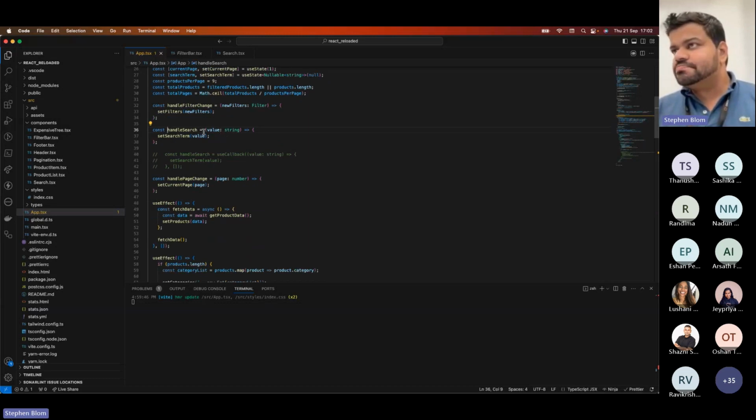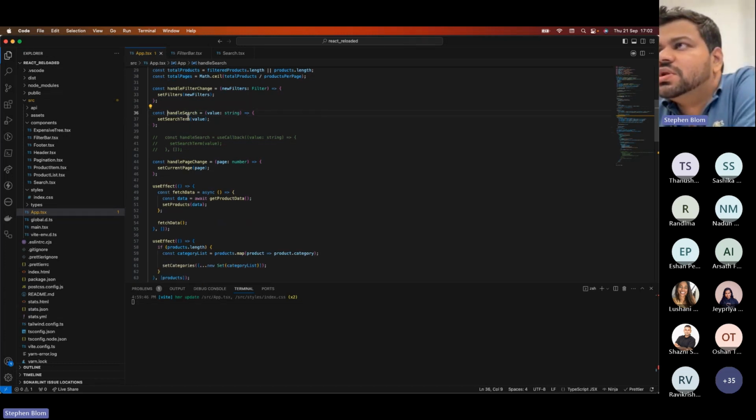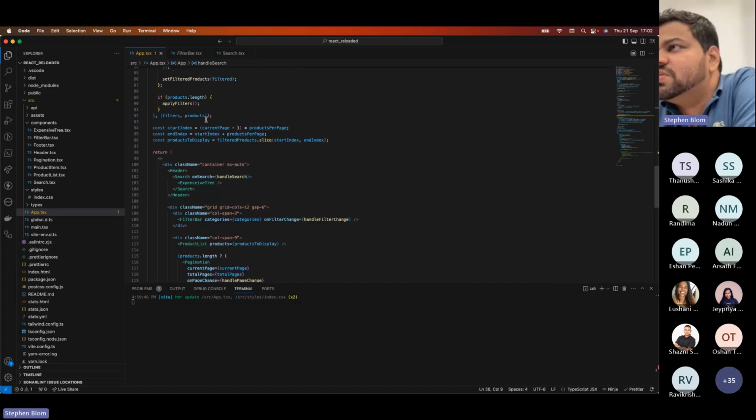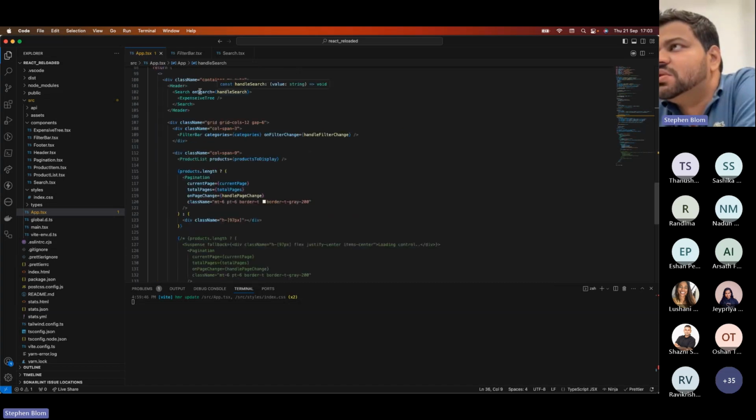So if you look at this function here, technically what happens is every time a React component re-renders, there is a new reference created for this function. So that's why with the new reference passed into onSearch,